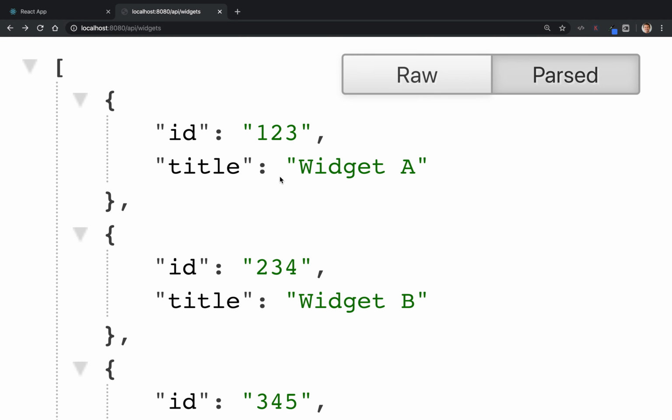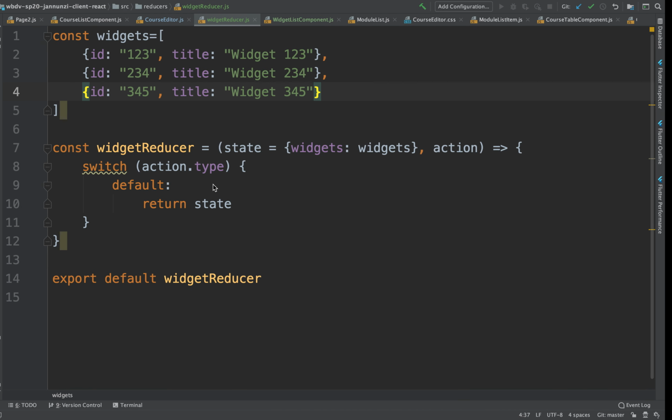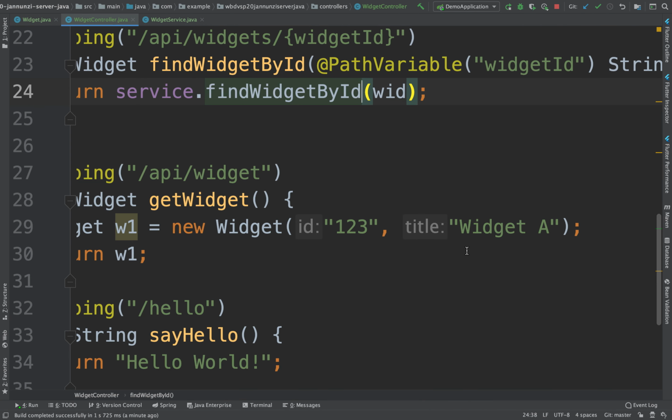A simple API that allows you to retrieve all the instances or a particular instance. How about being able to maybe delete, create, update? So let's do a simple one. Let's be able to delete something from this array. What we want to be able to do is implement in our